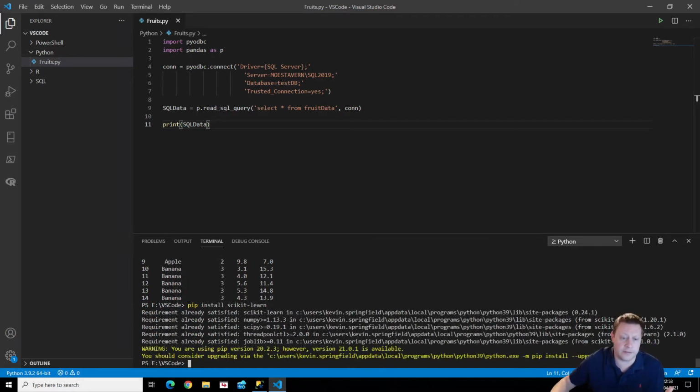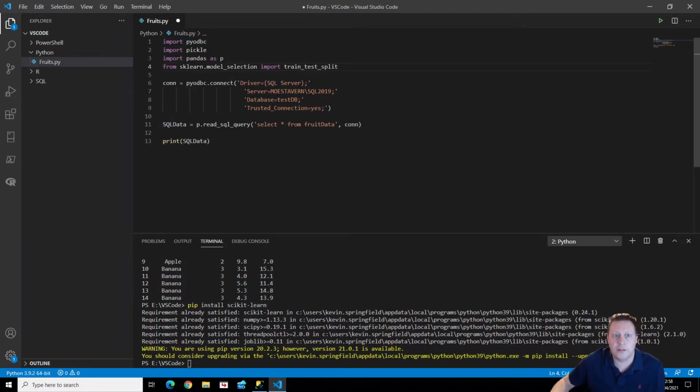Now if I run this, it's just going to tell me I've already got it. But for anyone else, you might need to run that pip install. So once you've run it, we can then change our imports. We're now going to import from scikit-learn the train test split, where it will actually split our data into a training set and